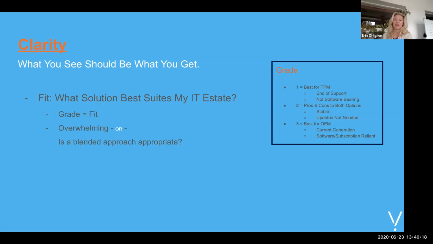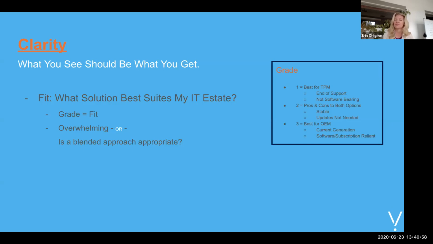Yeah, so usually it kind of is a bit self-evident, right? Depending on your network topology, if you have a large legacy estate where a lot of it's going to be a grade 1, what we also do is go through and give you those OEM milestone dates for all of your devices so that you can see where that product is in its life. And then you can also project out that if, say, a product's going to be going end of software maintenance or it's going to be going end of support during your OEM maintenance term, we can work with your OEM bar and ensure that there's a smooth transition over to TPM.